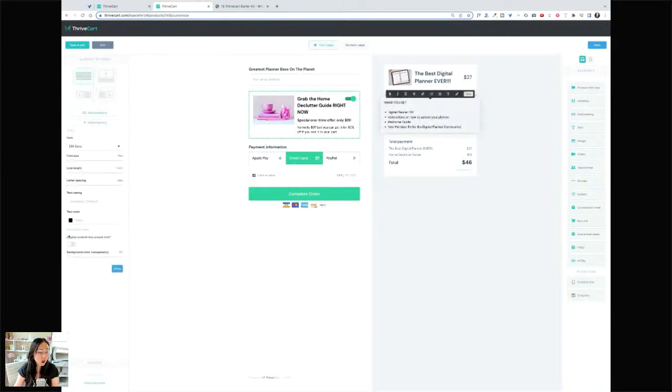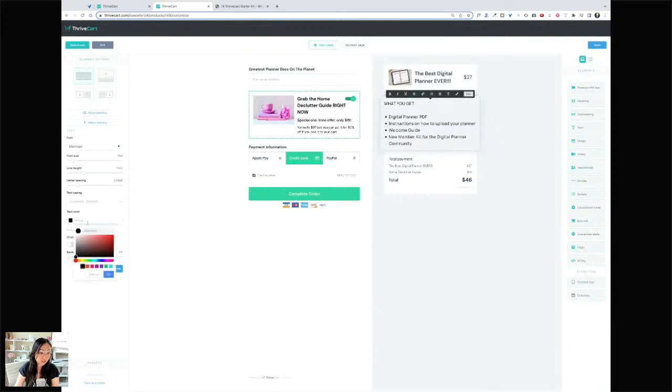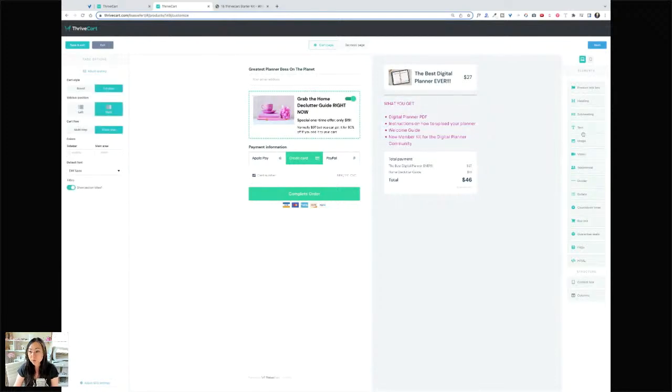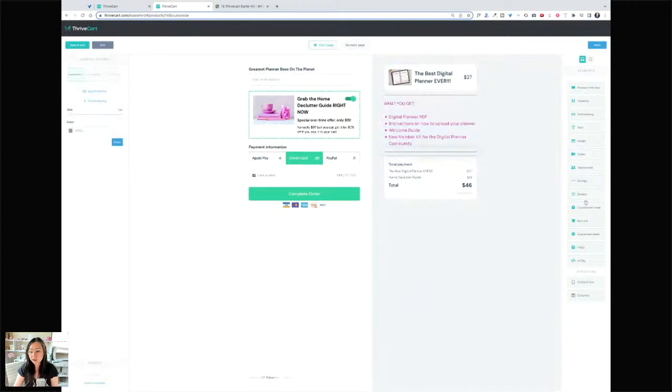So over here, once I have that selected, over on the left, I can do a few things. I can change to any font that I want inside of here. And I can also change this font size, and I can change the line height. I can change the letter spacing. I can also change the text color. So maybe I want it to be like a hot pink, so it kind of matches everything else on here just for branding. And then what I could do as well is I could add another divider here,